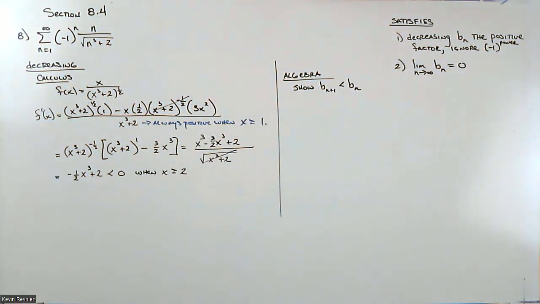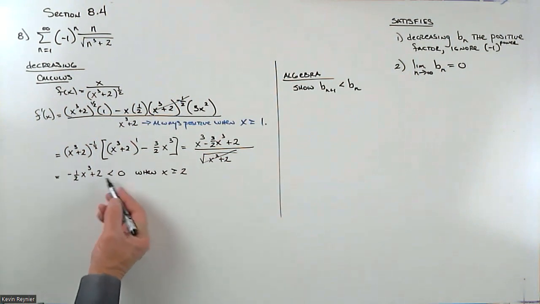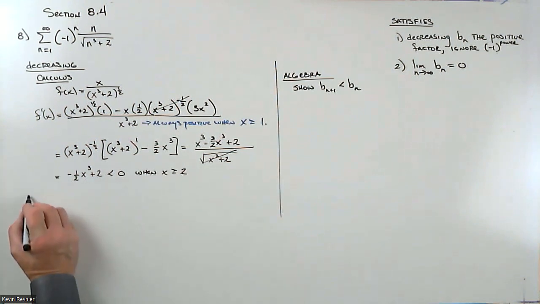More often than not, we end up making algebra mistakes when we do that. I would not recommend that approach at all. So what are we left with? We have decreasing. Now we've got to show the limit equals 0, right? Decreasing is done. We've got that. It's less than 0. So consider